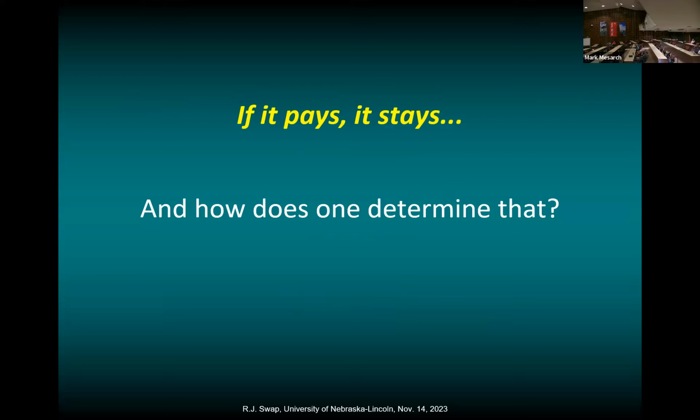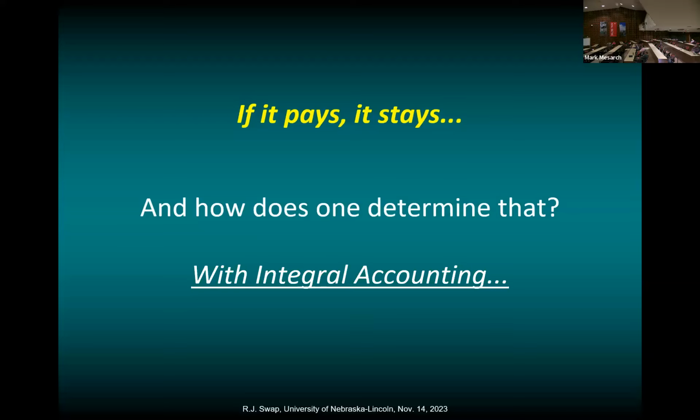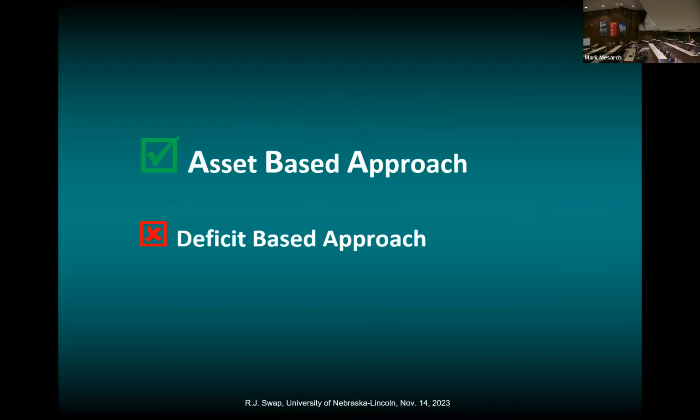Part of that is a joint venture. And what do I mean by that? Well, what I mean by that is taking integral accounting. And what I mean in terms of integral accounting is to take stock of what assets you have in hand. How many have fallen into the trap of, I don't have this? Man, I don't have this. I don't have this. We focus so much on what we don't have that we forget about all the wonderful stuff. All this you just told me is like, man, I had 10 years of this stuff. But we focus in on the here and now, what we don't have, rather than taking a look at what